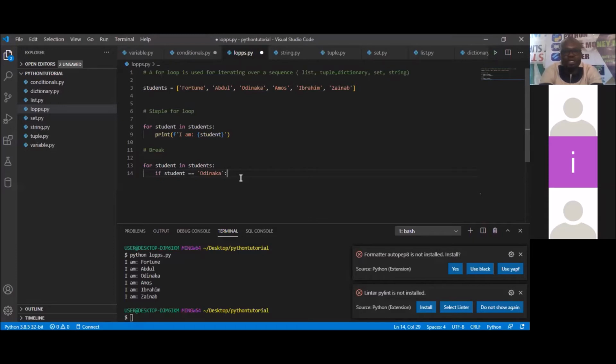So make sure you put a colon, then you come down. What do I want to happen if it gets to them? I want it to simply break. So I want this iteration to break at this very point. Once it gets to Odinaka, I want it to break. So if it breaks, what do we want it to do? Immediately it breaks,